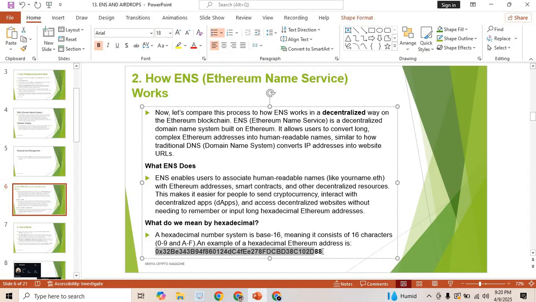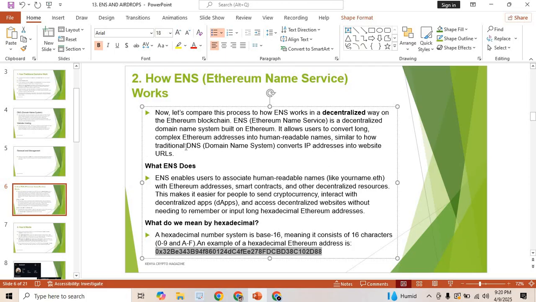You can tell that this is a BEP20 address because it starts with 0x. If it was a Tron address, it would have started with something like TR. But because it starts with 0x, it is probably a BEP20 address, or what we call the Binance Smart Chain network. So it allows users to convert these long addresses into human readable